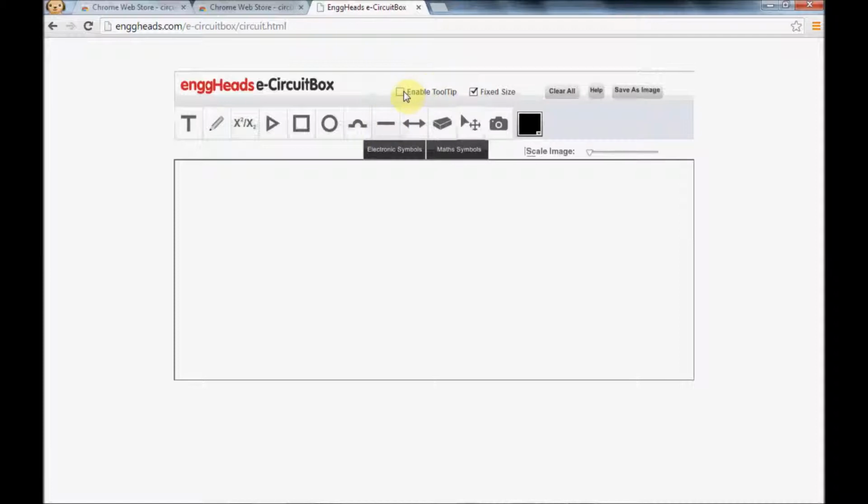Enable the toolbar first. Enable the toolbar in order to know the function of each icon. You see it right now. In this, we will start to add text. Say fire circuit, rectifier circuit, and we can draw lines, add shapes,